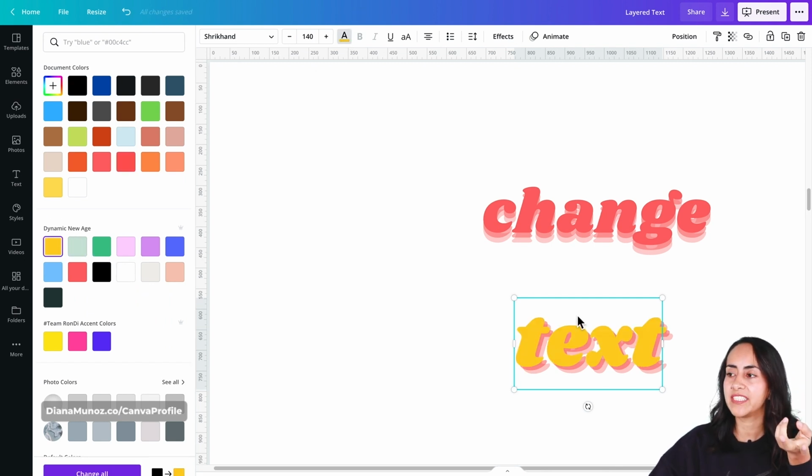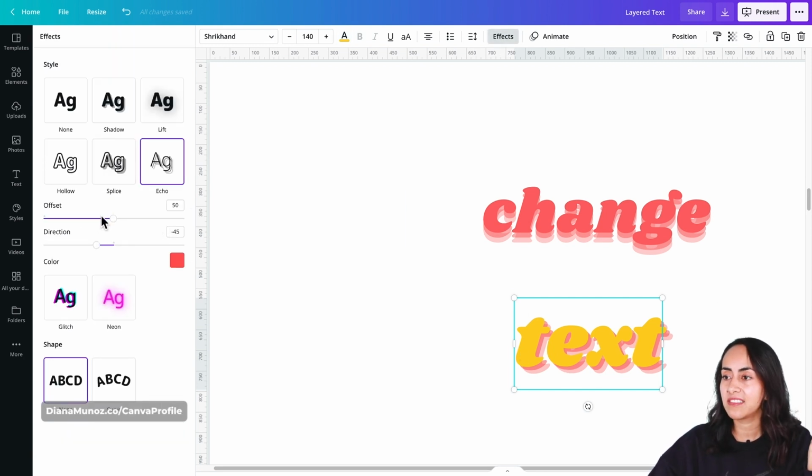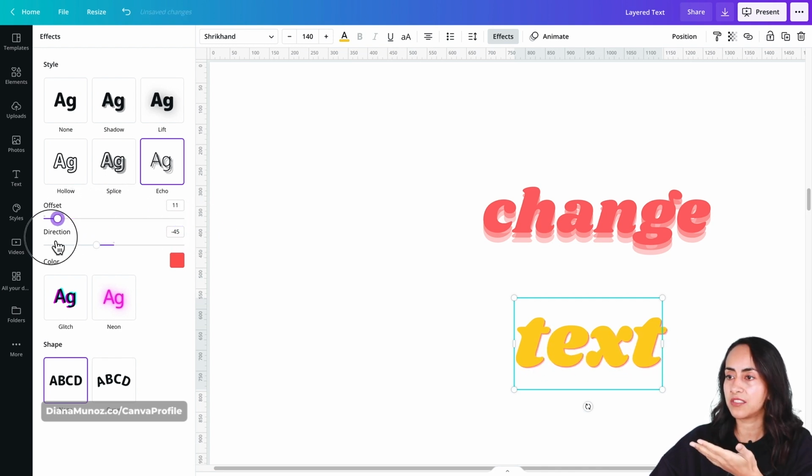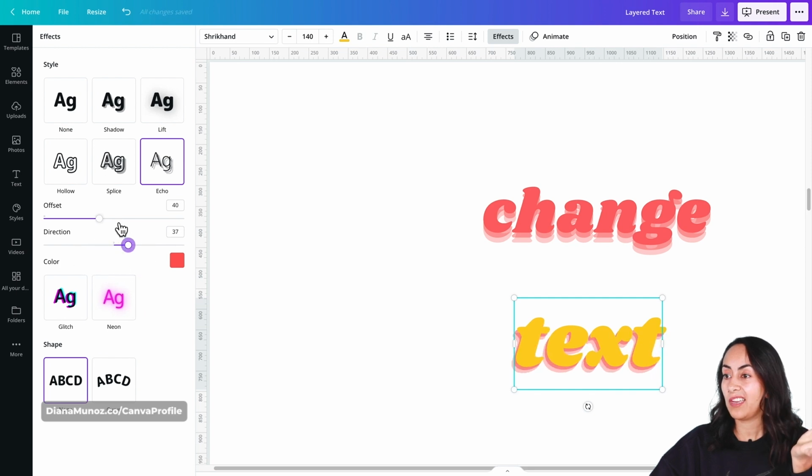So you will have basically 2 colors in this one, but I guess this is a way in which you can save a lot of time. With these 2 sliders, you can change the offset, so how separated your layers are from each other, and then you can change the direction of your layers. So yeah, I think this is going to help you save a lot of time.